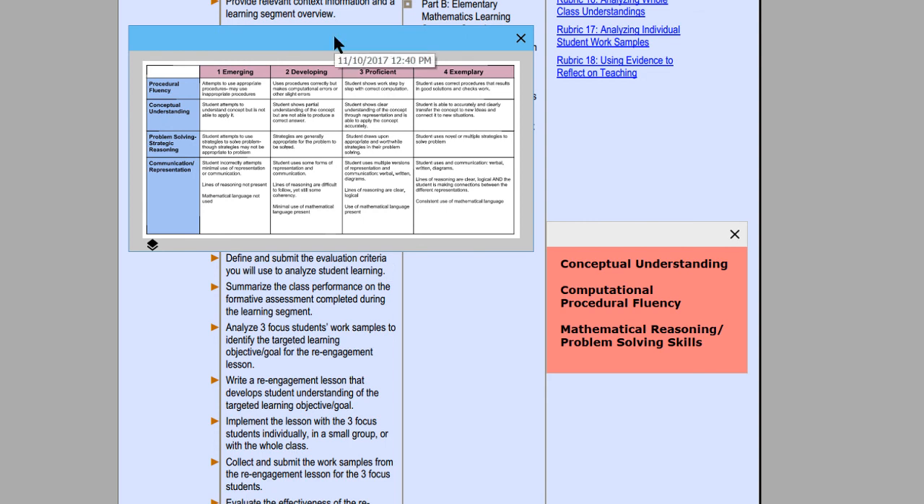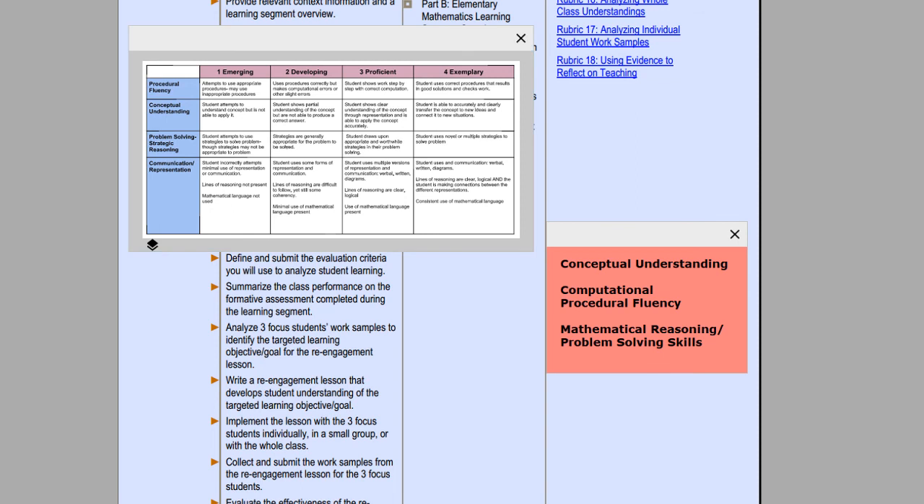Now let's hold on to this one because I want to go to the next bullet point now. It says, summarize the class performance on the formative assessment completed during the learning segment. Now I'm going to show you two ways to do this, and they're quite useful, both of them, but they do different kinds of work. The first one I'm going to share with you is a sample class,